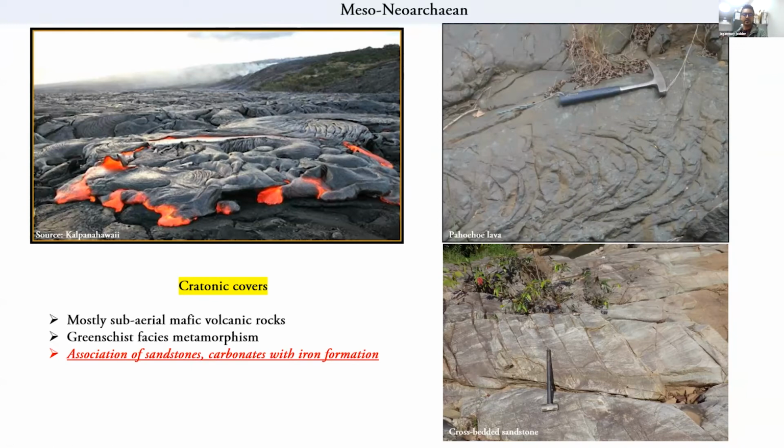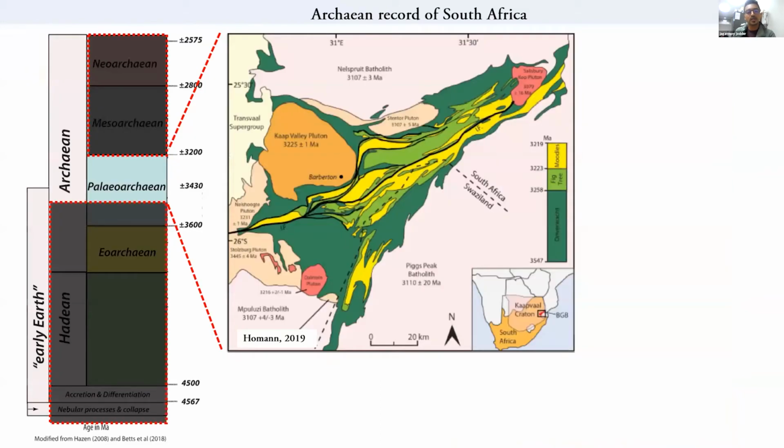Here also the grade of metamorphism is low, and the rocks have undergone very low strain and relatively lower deformation, with low grade granular phases. So these are excellent spots to study early Earth surface processes and also to look for any trace of life. Now, once we talk about Archean Earth and the early part of the Archean, which is Paleoarchean here, the most investigated piece of rock assemblage from our own Mother Earth comes from Southern Africa. And here it's the Kaapvaal Craton, which is shown here in the map with an inset.